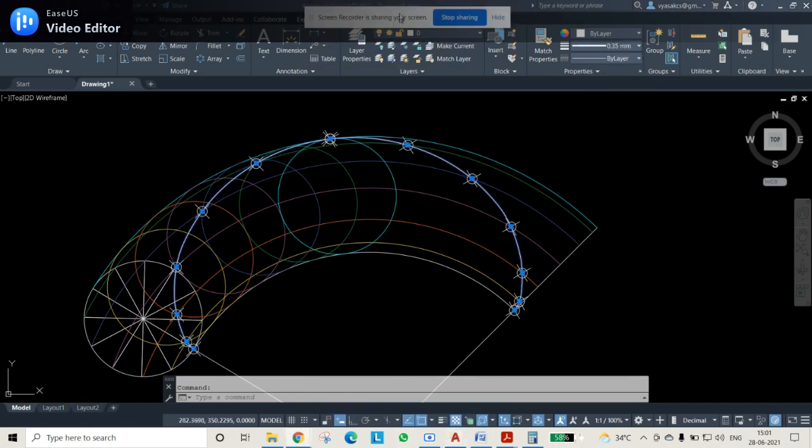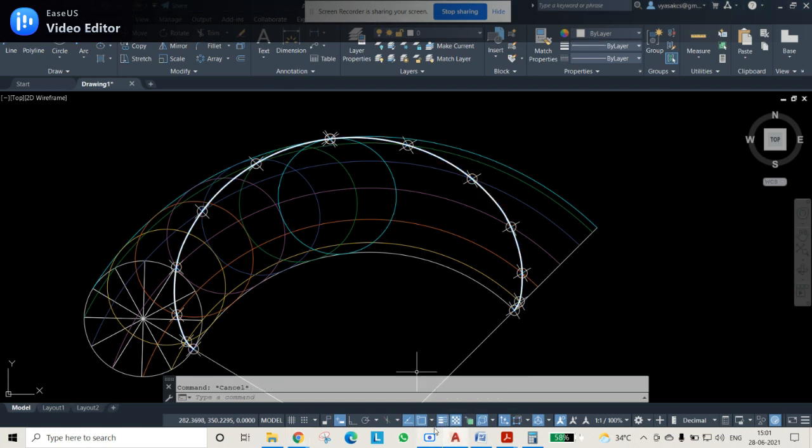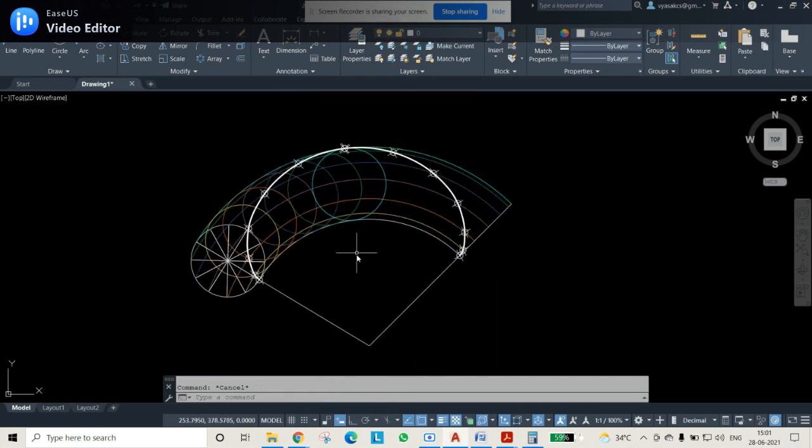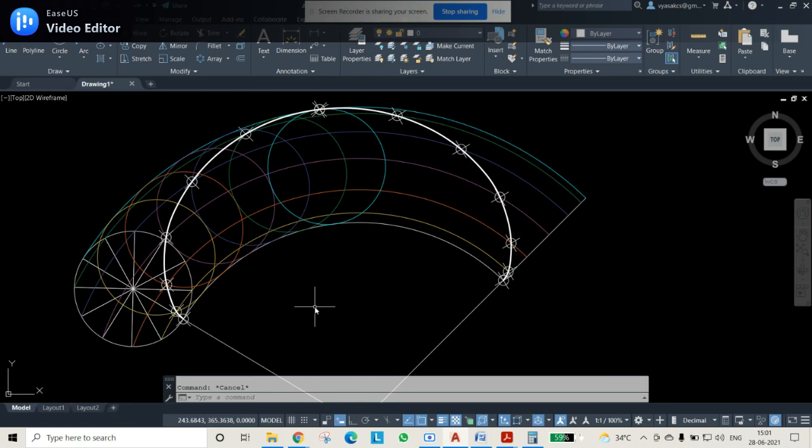For this line weight to be visible, what should I use? I should use the line weight display option. Then I'll press it here so that the line weight is absolutely visible to you. So this is an easy method of drawing. When you are using color coding, it will be easy and only half of it is enough. The remaining half you can get automatically by using mirror curve.